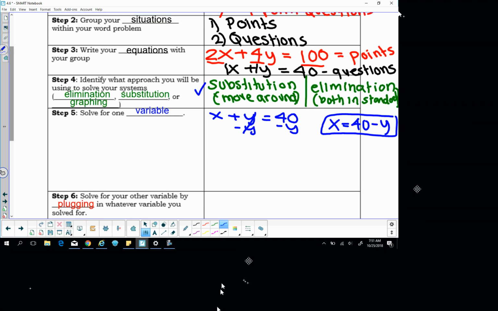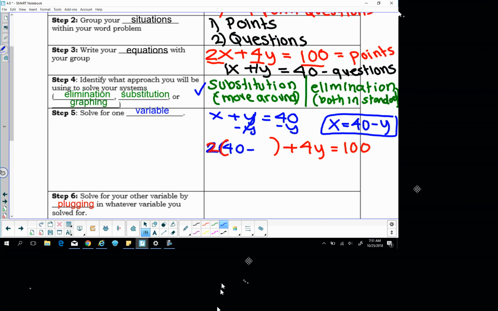So this is back substitution. So now I'm using the second equation, this one, but instead of x, what are we going to plug in for x? What's x getting substituted with? 40 minus y. So I'm going to write out the equation. And instead of x,